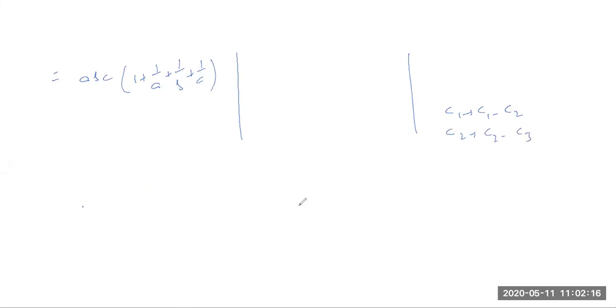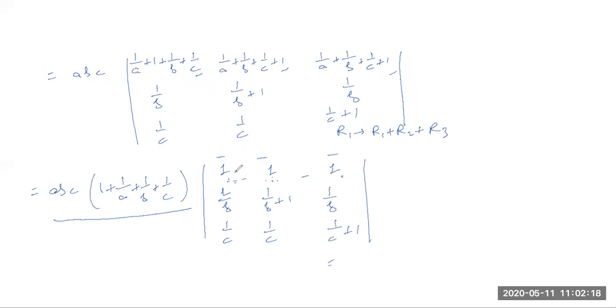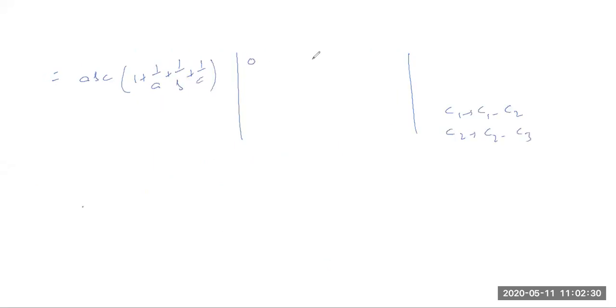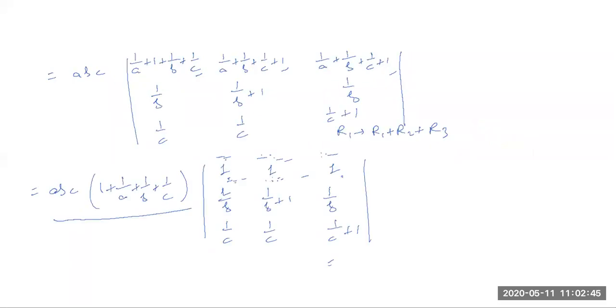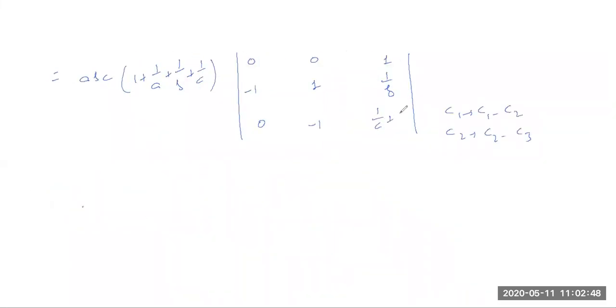Okay, whenever you get zeros, whenever you get any row or column as 1, simply subtract those ones only. Like here, if we subtract these two, one zero will come, and subtract these two as well, so you'll get one more zero. So it will be 0, it will also be 0 and it will remain 1. Let's see what will come here. It will be -1, it will be 1 and it will be 1 upon B. It will be 0 and I suppose it will be -1. Yes, -1 and last will be 1 upon C plus 1.